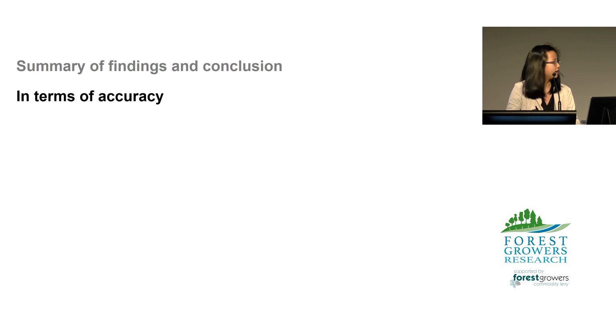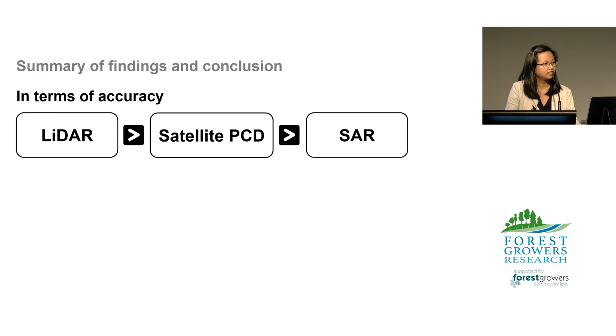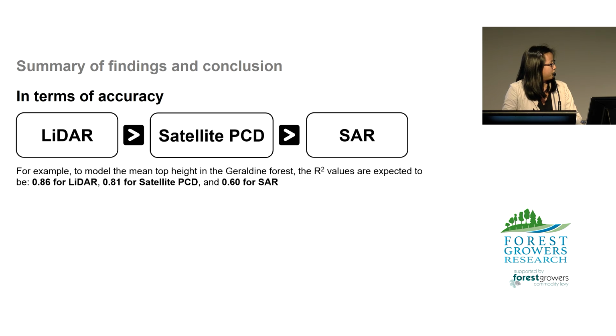So to summarize, in terms of accuracy, LIDAR no doubt performs better than satellite point cloud data and SAR. For example, to model mean top height in a complex forest like Geraldine Forest, you're expecting your R-squared values to be 0.86 for LIDAR, 0.81 for satellite point cloud, and 0.60 for SAR. However,